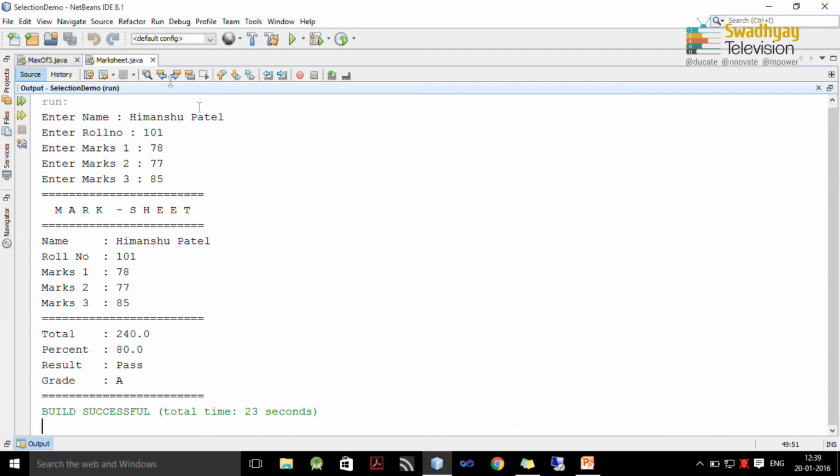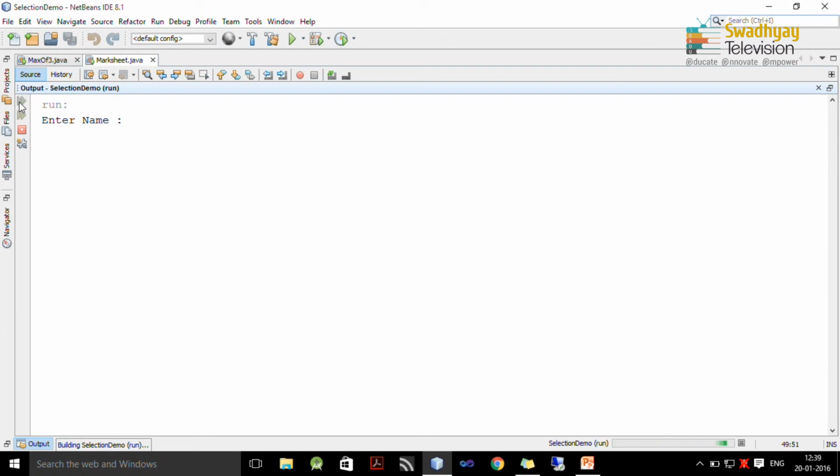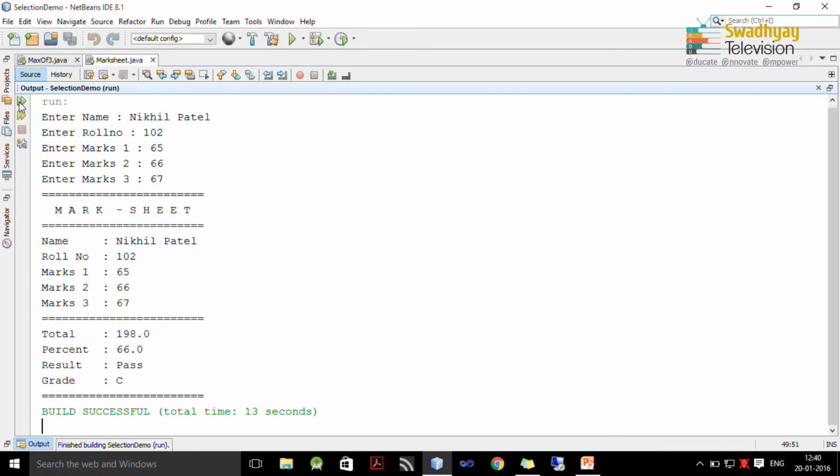Now, we want to test this program for another value. So, rerun this program. Here I enter another name, another roll number, marks in 3 subjects and you can see between 60 and 70 grade is C. So, it displays C. Next we want to test data for a fail student.